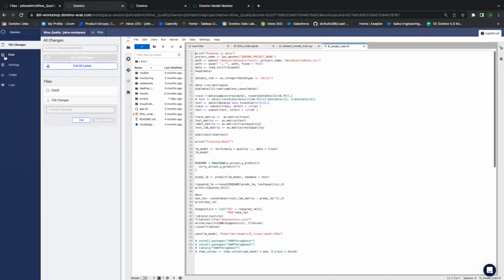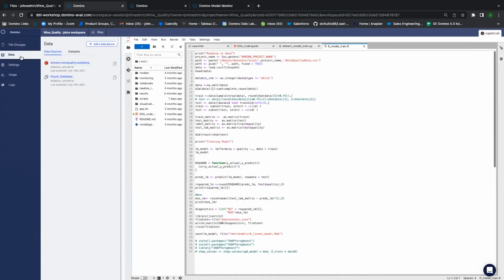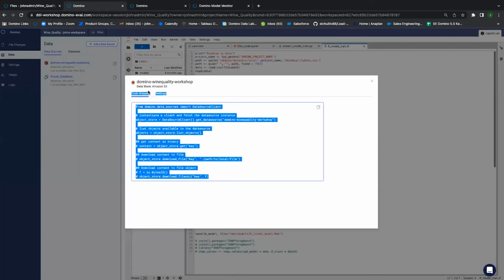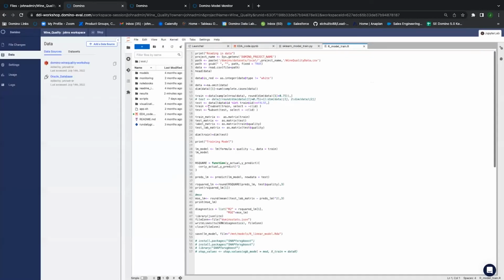Before, I mentioned working with an NFS or a Domino dataset. When you have native data sources set up in a Domino project, you see here it says data sources 1 and 2, Oracle, for example, or Domino Wine Quality. If you select these options, you're able to copy and paste the code snippet that Domino gives you to communicate with that native data source, and then just paste that into your code and start working with it as you need, specifically in the workspace environment itself, programmatically. So you can just see all the capabilities of how we tie those in together in different ways in Domino.